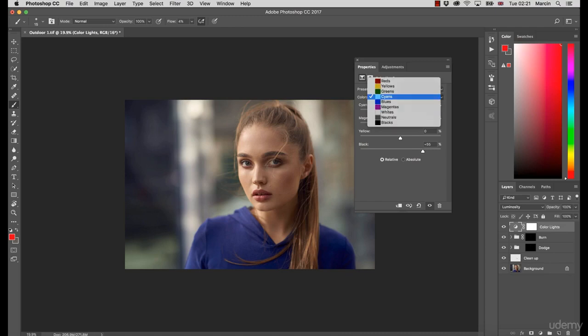And also the face. I need more light on the face. So for this, I would use yellows and just bring up a little bit of light from the yellows. So that's how it looks. It's really nice. We have nice contrasts,